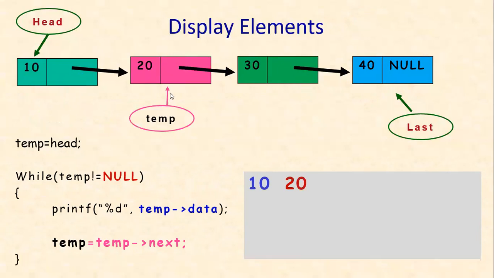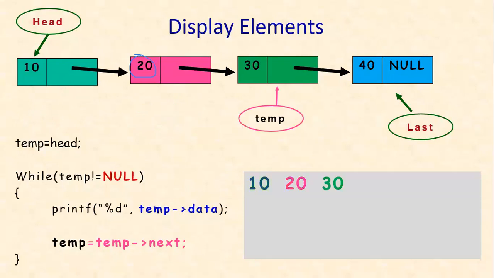This temp will point to the next node, and as before, I'm going to display temp data, that is 20. And what will I do again? I will move to the next node and display 30, and I will move to the next node and display